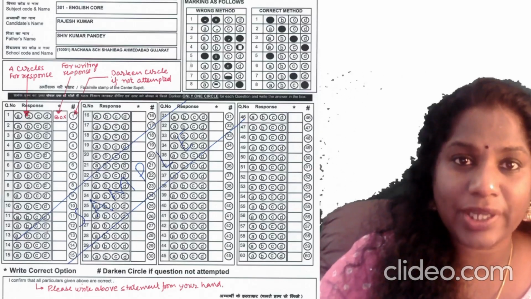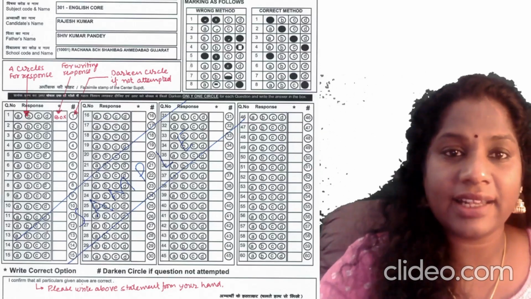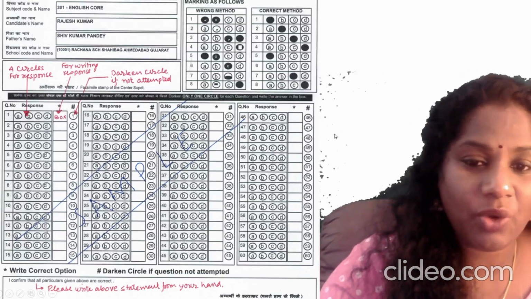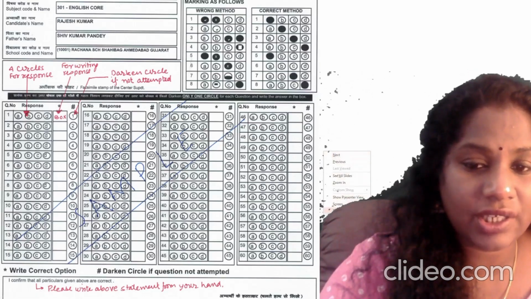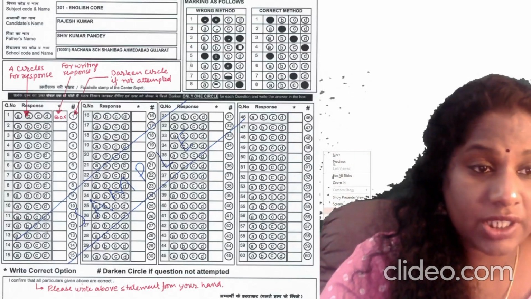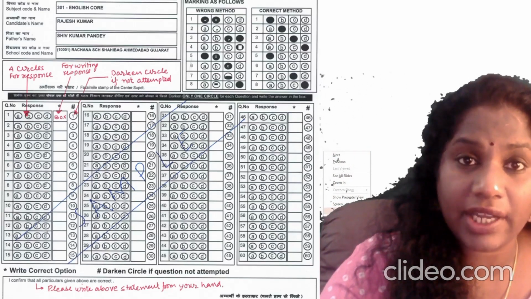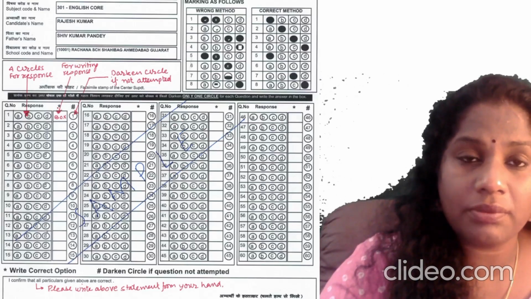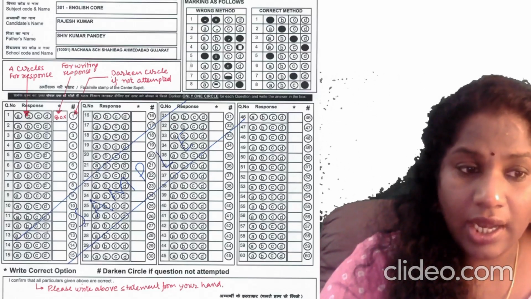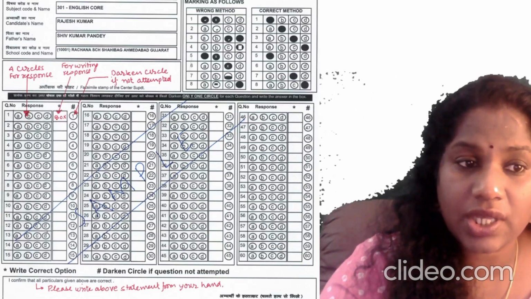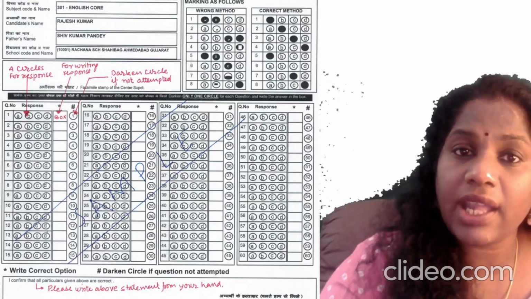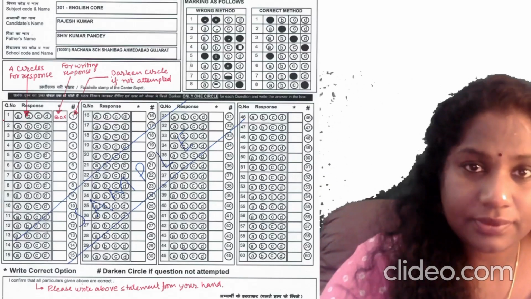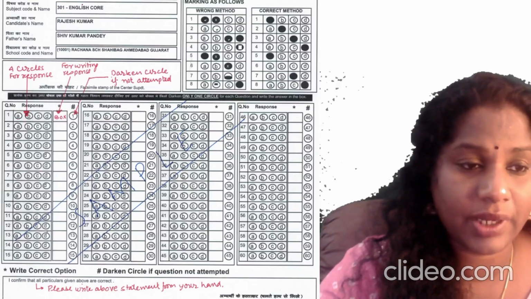You have to read the questions very well, and then let us come to the response section. In the response section, what do we see? We have question number, we have options, response where we have our A, B, C, D. Then we have a star column, and it's a box, a small rectangular box, you see that there, and then we have a hashtag. So why all this? Let us start one by one.